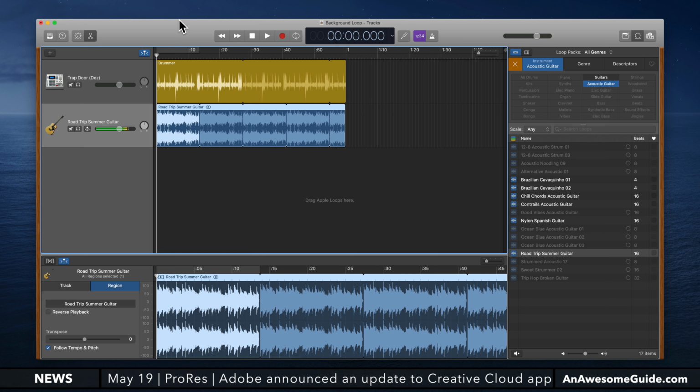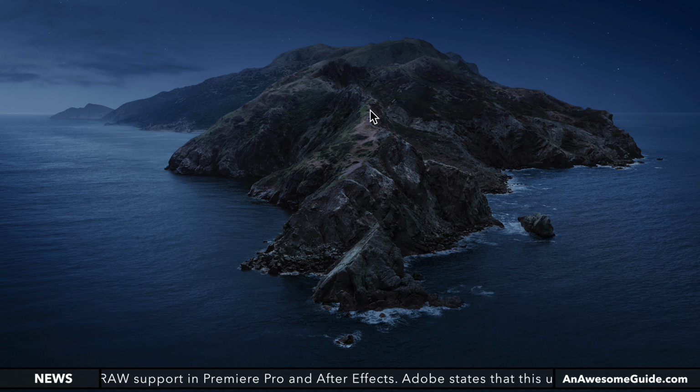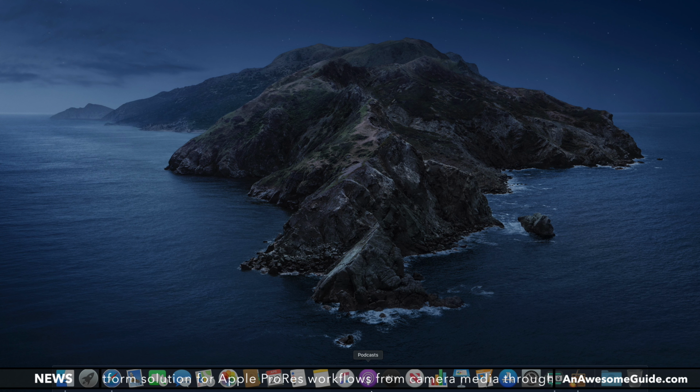You're done in GarageBand. So once you've done that, if you haven't saved, use Command S to save, and then you can use Command Q to quit out of GarageBand. I'm going to continue my download of the loops there in the background just so I can get more of those in there. And now that I have saved my song to the media browser,